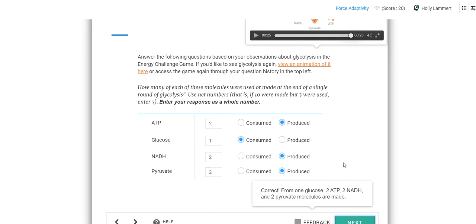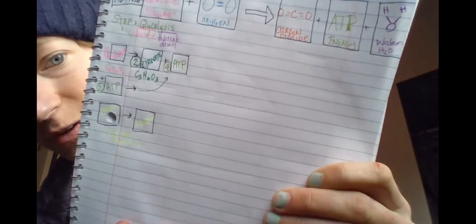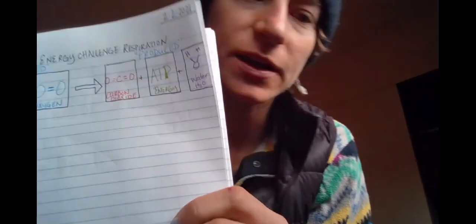So I'm actually going to add that into my notes as well. I added in 2 pyruvate. I'm going to add a 1 next to glucose. And actually now I can even add in, plus we added an ATP at the beginning. I'm going to pause this. All right, so my new updated glycolysis reaction looks like this. Oh, sorry guys, I really want a document camera, that would be cool. Okay, so